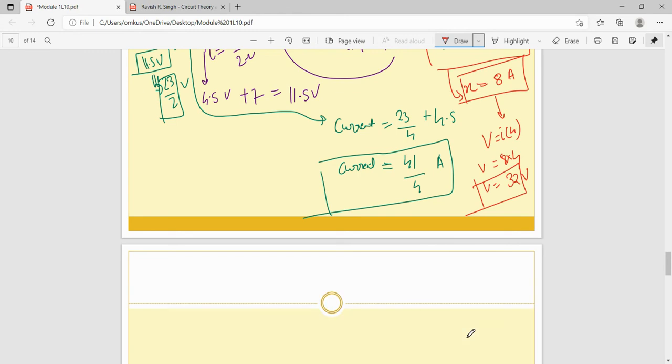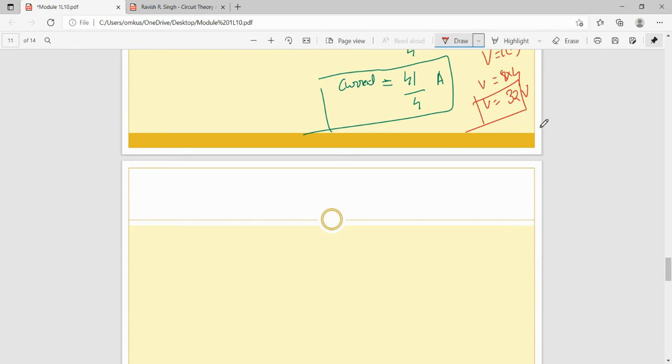Now use the reciprocity theorem. Once you calculate this 32 volt, you need to prove it by using this reciprocity theorem, for which you need to open circuit your supply and use that current source at the load end. See, your network will look like this. You need to find out the value. It depends on you how to calculate that value.